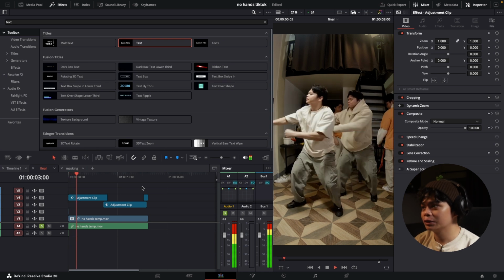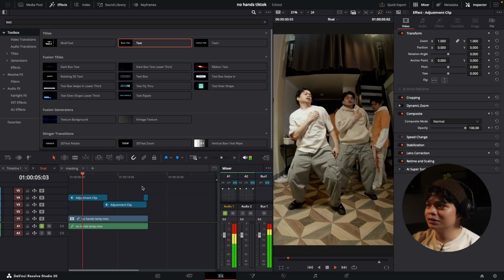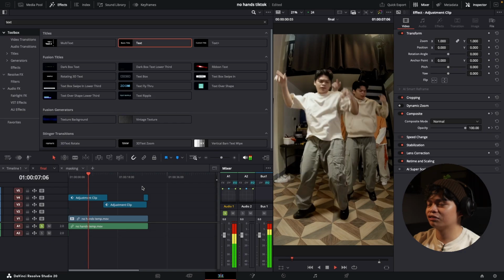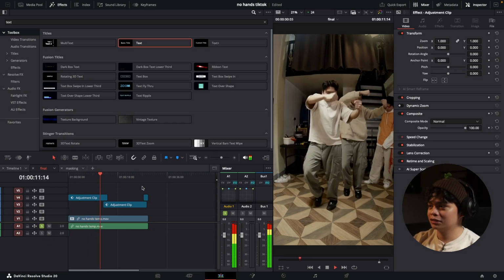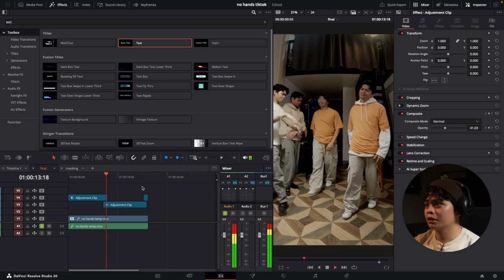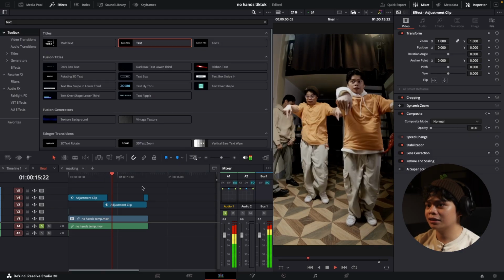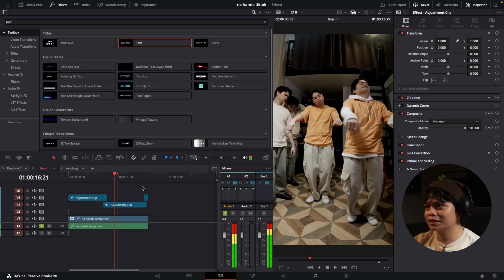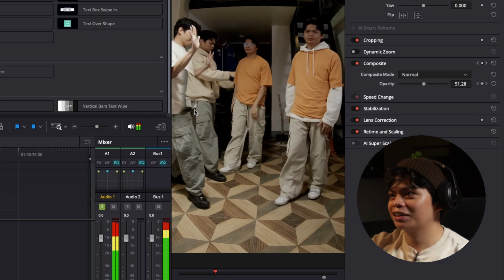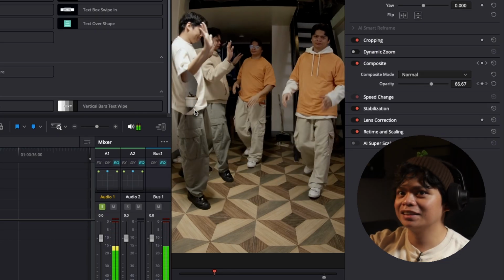As you can see, I did 4 clones. This is kind of like a versus video. So 2 clones dance at a time. And you can see there, in fact, this video isn't even perfect yet. I made a mistake with the mask. You can see right there, that's still a mask that I need to remove.